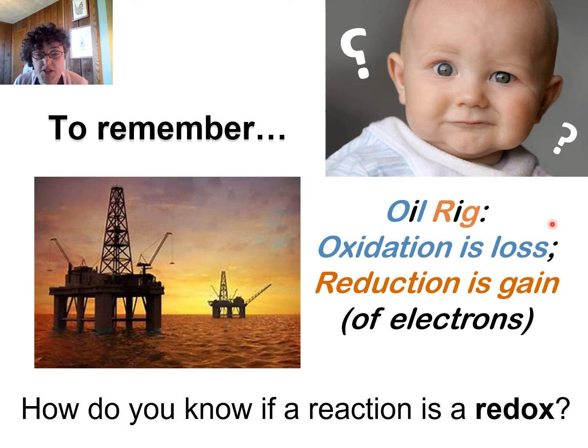How do you know if a reaction is a redox? If you get a question where you have 3-4 reactions and they are asking you to identify which ones are redox and which are not, you need to use the oxidation numbers. You want to calculate the oxidation numbers, and if there is at least one element for which the oxidation number is changing, then that's a redox, because if that one is getting either oxidized or reduced, you know for a fact that there is someone else that's getting oxidized or reduced.